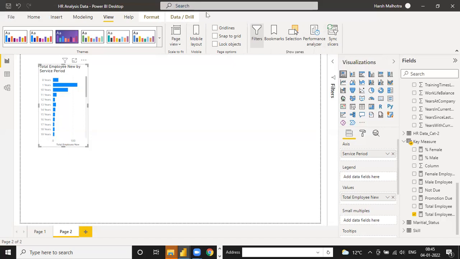Based on any other, DAX Studio? Sorry, based on DAX Studio, right? Based on DAX functions, right? Yeah. Okay. But I was asking how to check which visual is taking what time, based on the browser. Is there any way to check that in the report? Let me think. Maybe there is some option.